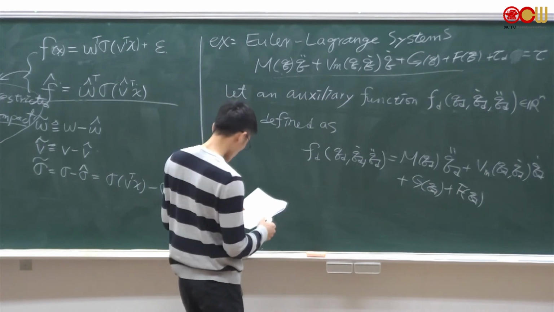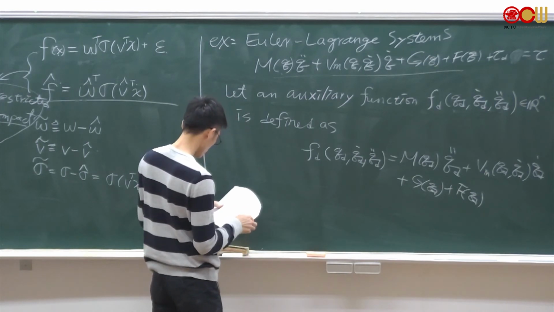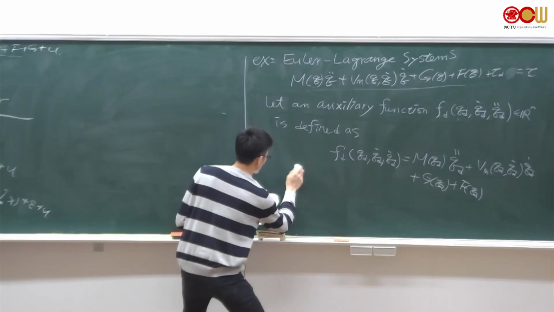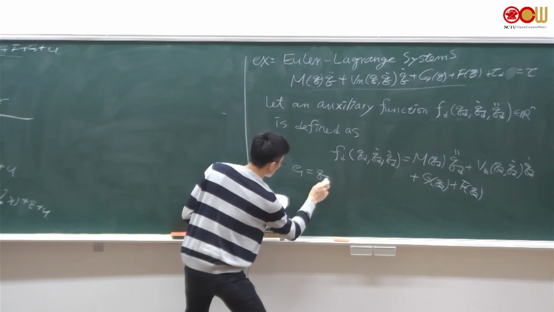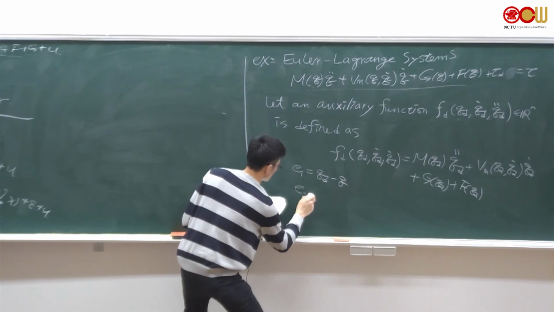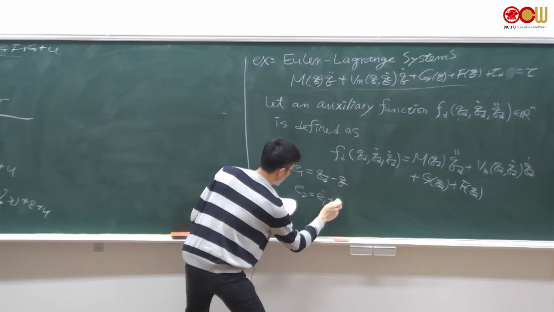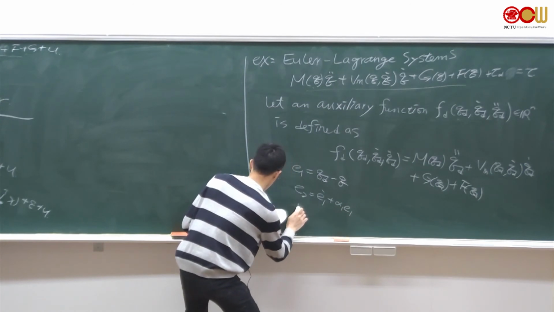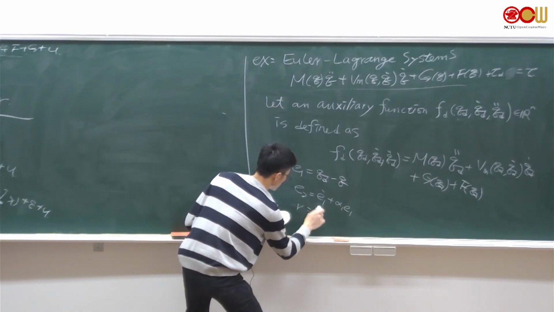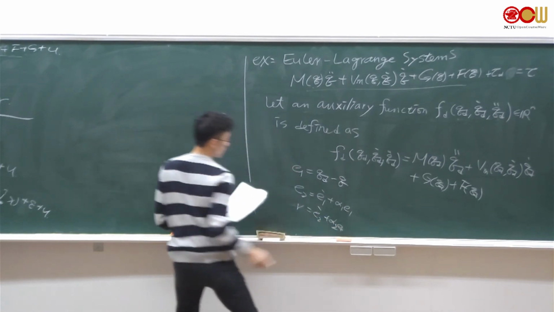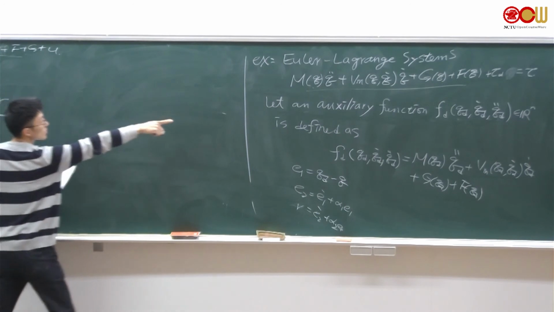So with this FD, we can rewrite this dynamics with the filtered tracking error. e1 is equal to the tracking error, e2 is e1 dot plus alpha 1 e1, and r is e2 dot plus alpha 2 e2. Then we can rewrite this